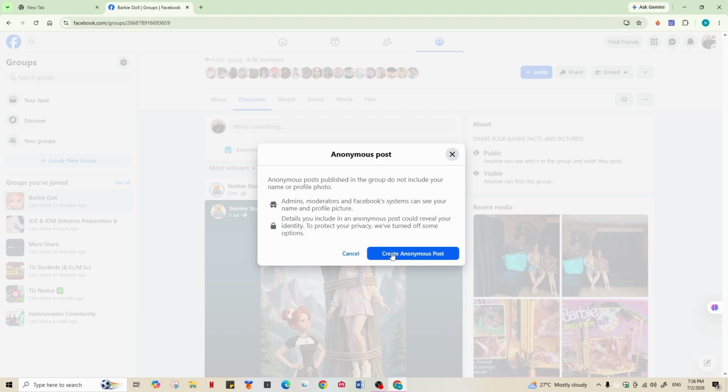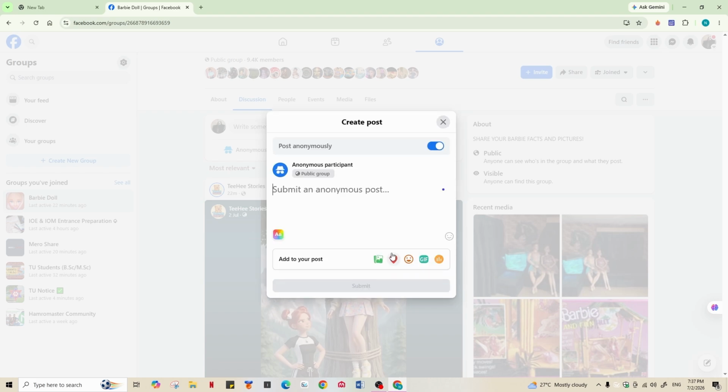Remember that your post published in the group will not include your name or profile photo, but admins, moderators, and Facebook system can see your name and profile picture. So go ahead and click on this option if you're sure, and you can here type in your question or